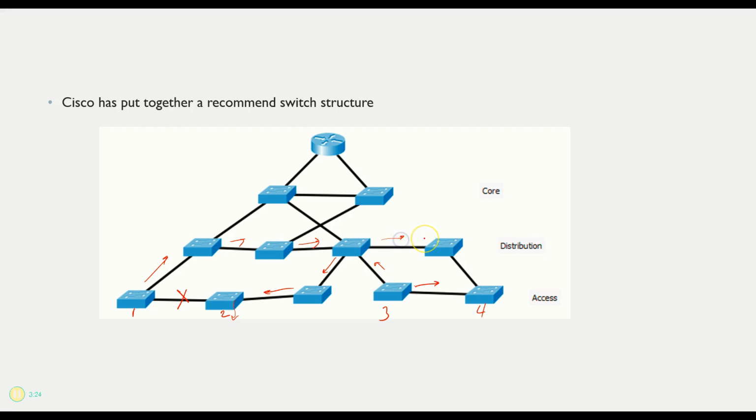Now I'm going to come over here because this switch doesn't know what to do with it. So it's going to put it over here. That one's going to send out to all of its ports, which is going to send out to all of its ports, and you can kind of see what's going to go on here. That's a router, not a switch. You can kind of see what's going on here. Things are just going to go around in big loops like this, right? I'm going to have things going in every direction until my data just goes around and around and around here, and around and around and around here, and around and around and around up here. I've got all these loops, and these loops are going to cause what we call a broadcast storm.